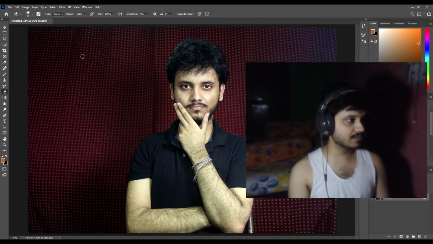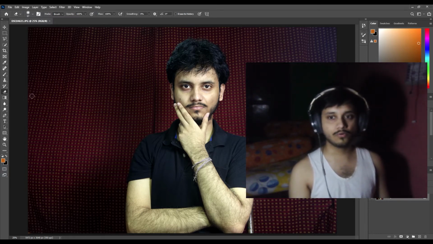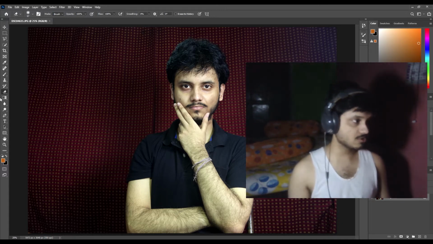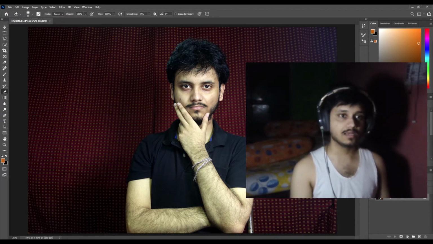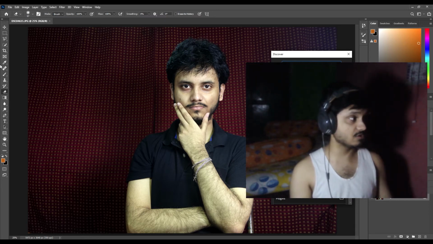I have clicked on the photo, and the first thing I want to do is crop the photo from here, because I want to edit it in a portrait format, not in a landscape format. So I'll just press Ctrl F over here, because more often I find that I don't actually know the positioning of the shortcuts over here.